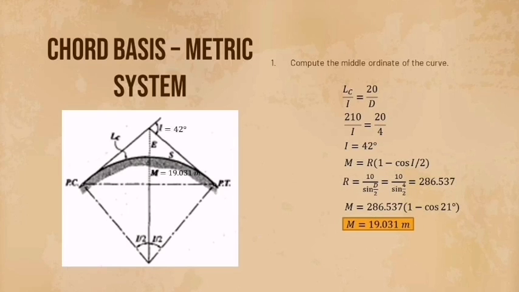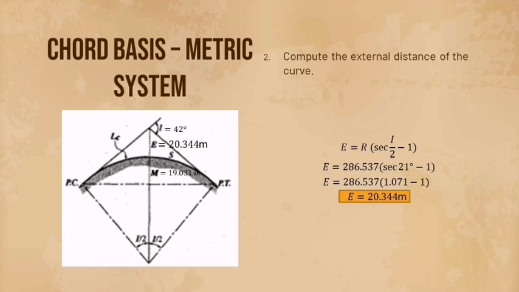Our degree is 4. Substitute that to the formula and we will get the radius, which is 286.537. So after getting the radius, we will put the radius in the middle ordinate formula and we will get